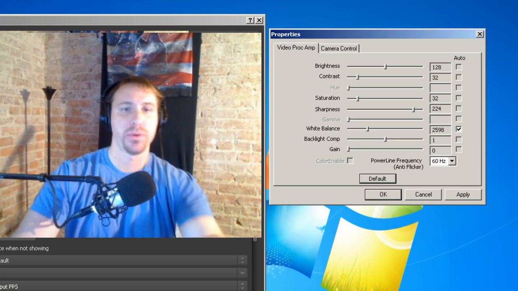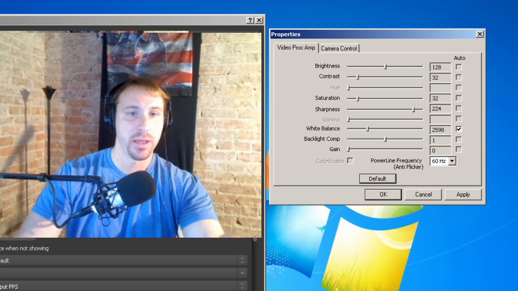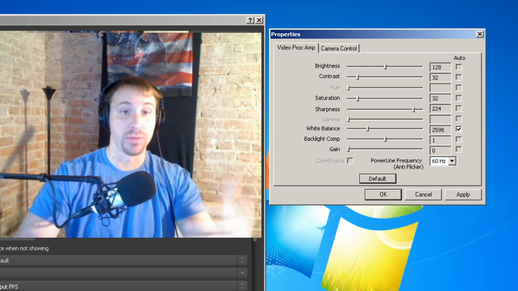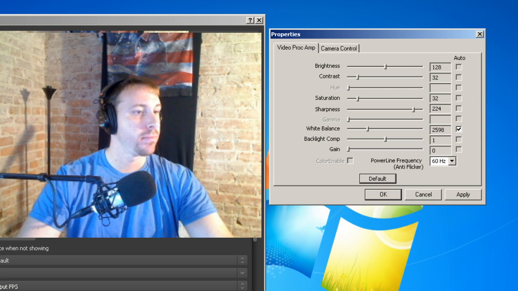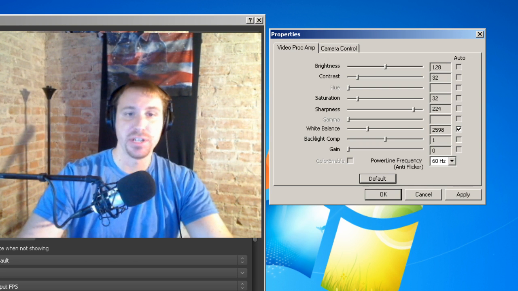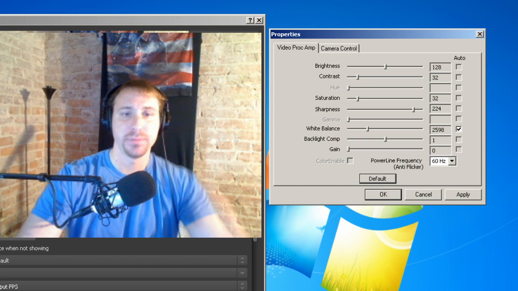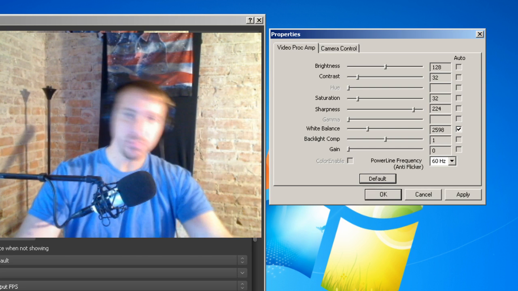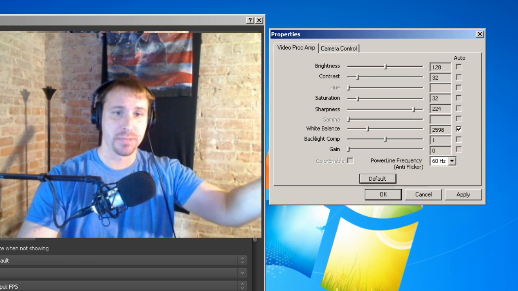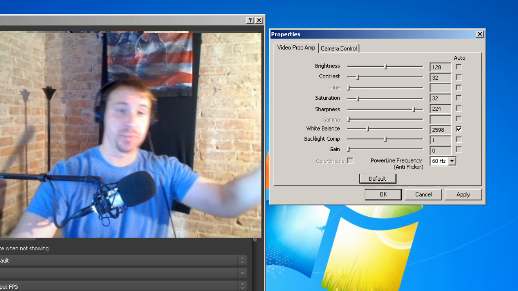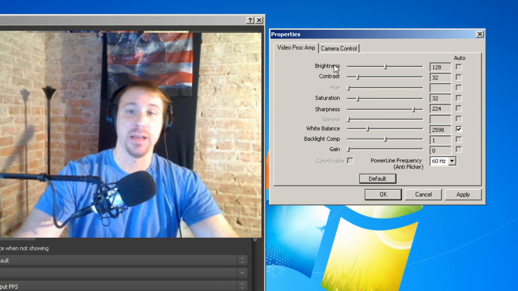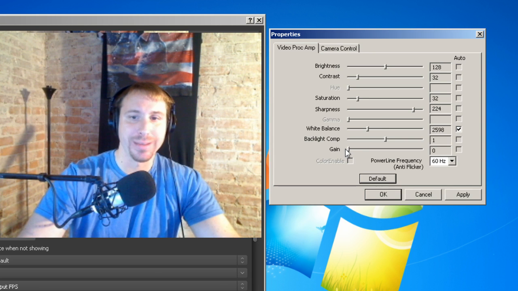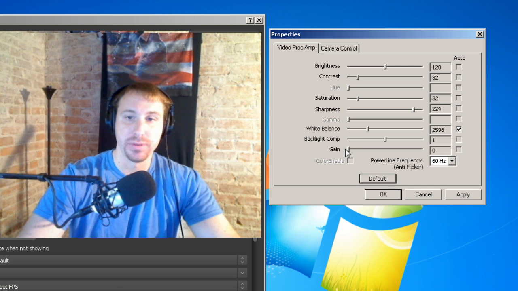So what I'm going to do though is I'm just looking at my highlights here. So here on my cheeks, I'm using my mouse, and I think you can even see the mouse. They're blown out a little bit right here from this light. I can do two things. I can pull that light back some physically if I have the cord and space to do it, or I'm just going to work from gain and up. So I always start with my gain all the way down for the video, because if you don't, it can really mess things up. You can boost the gain,